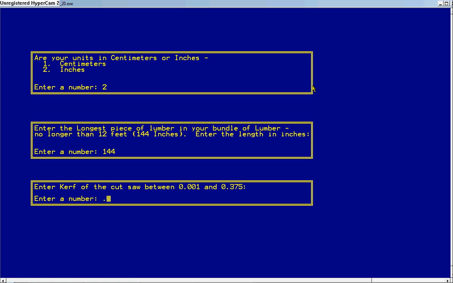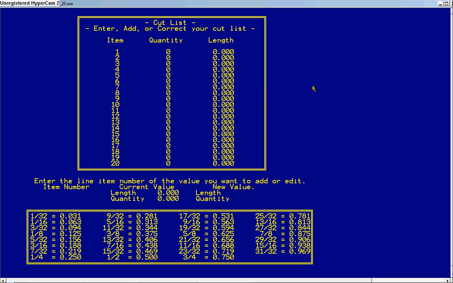And then we need your curves. So we use 1/8 of an inch, whatever people use. Here's your table that you need to populate with data. You simply enter the item, and then you enter the new value. Okay, and you can see that it pops up here in your cut list table. Okay, item number 2,